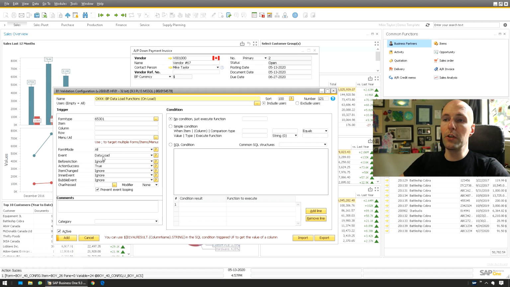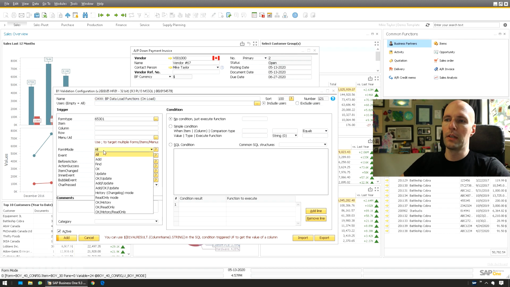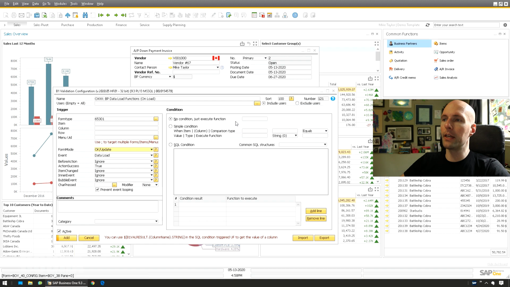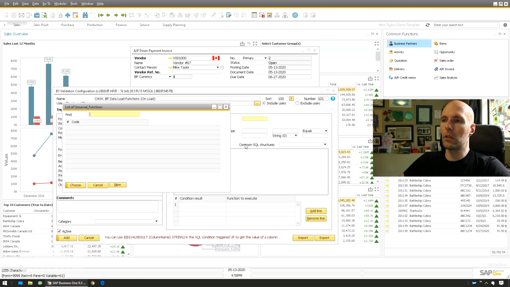Okay, it does everything you need to have it set up this way. You can switch the form modes. We'll just say OK and update because we're just going to do this when it's scrolling in between documents, so it will update it, right? So what we want is we don't even need a condition there. We can just run this here and we will click that.